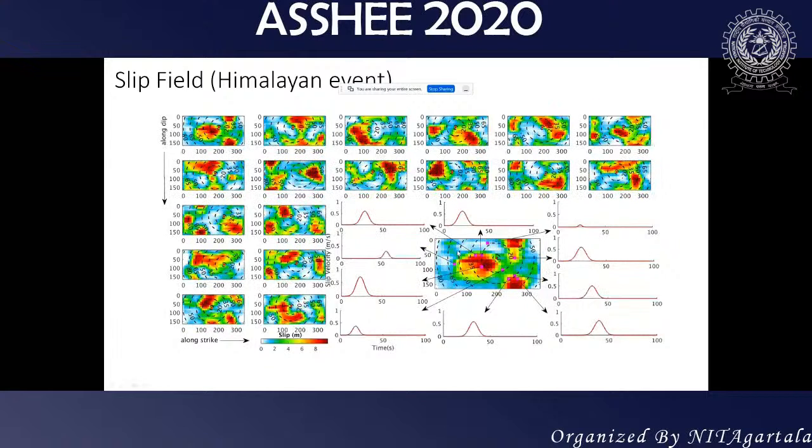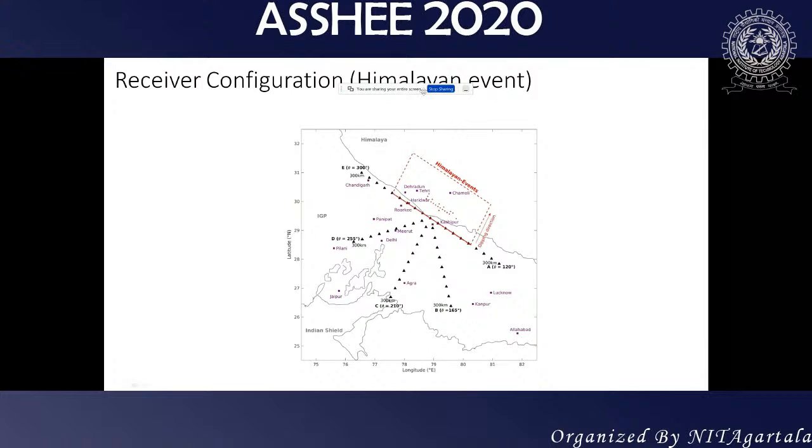This has been divided into several subfaults. At each subfault, we have given a source time function, and then we have computed the response of all the stations in the Ganga basin as well as in the Himalayas. This is the Himalayas here. This is that central seismic gap, the rupture plane of the central seismic gap here. The epicenter also we have varied, in both directions, along the dip direction as well as the strike direction. These are our stations. We have put an array perpendicular to this fault and parallel to this fault, to see how the amplification looks like in the Himalayas as well as in the IGP itself.